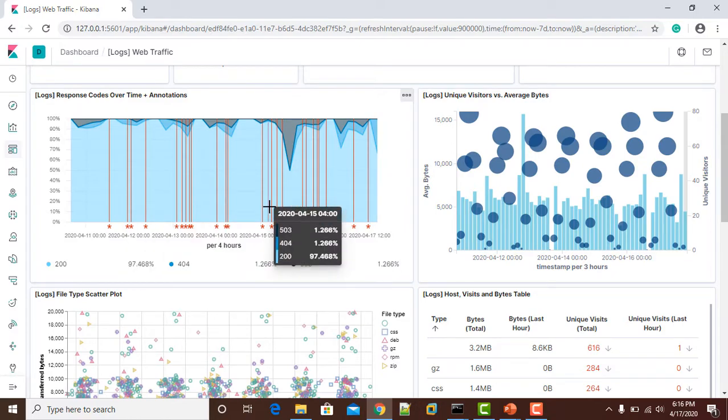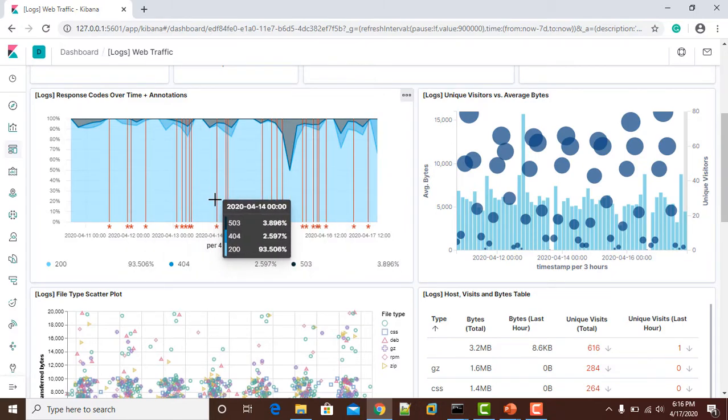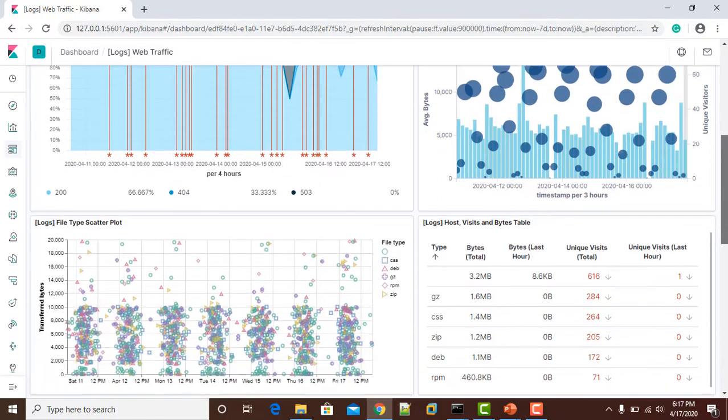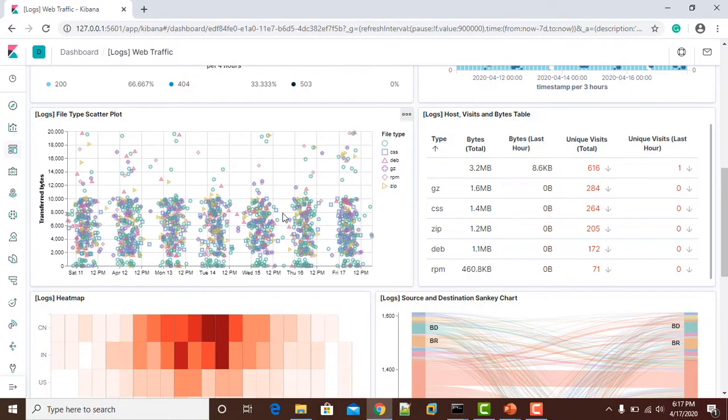You have response codes, so you can filter as per the response code, like 400, 200 or 500. The average bytes transferred is a plot that shows what amount of data has been pushed by your host.